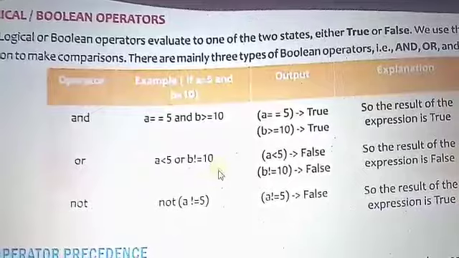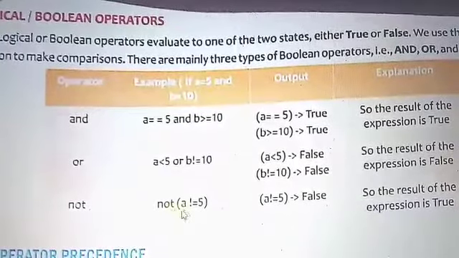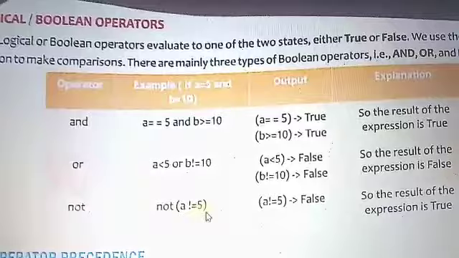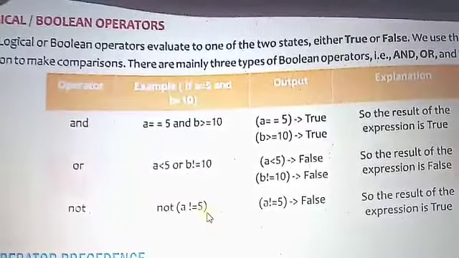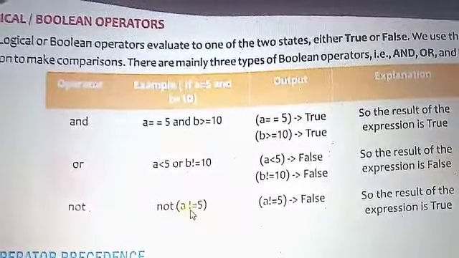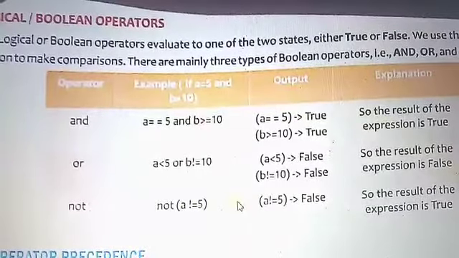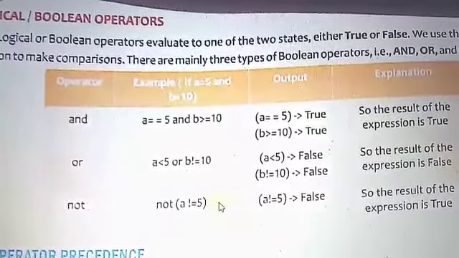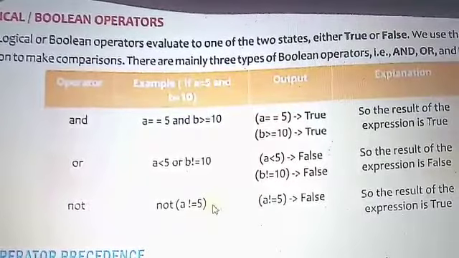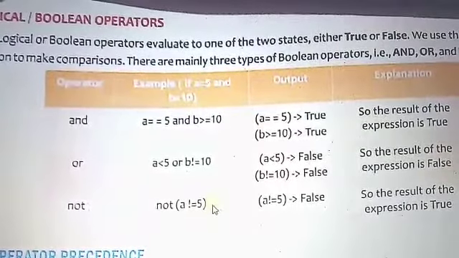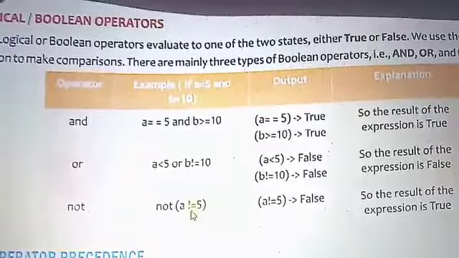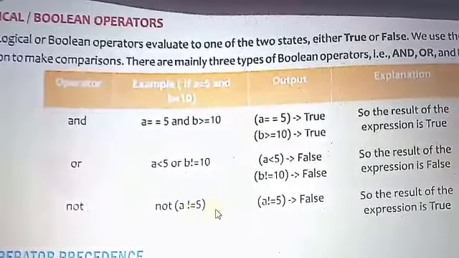But the NOT logical operator always takes a single condition and produces the negation. Negation means that when the condition evaluates true, the output is false, and when the condition evaluates false, the output is true. So it is just the opposite.